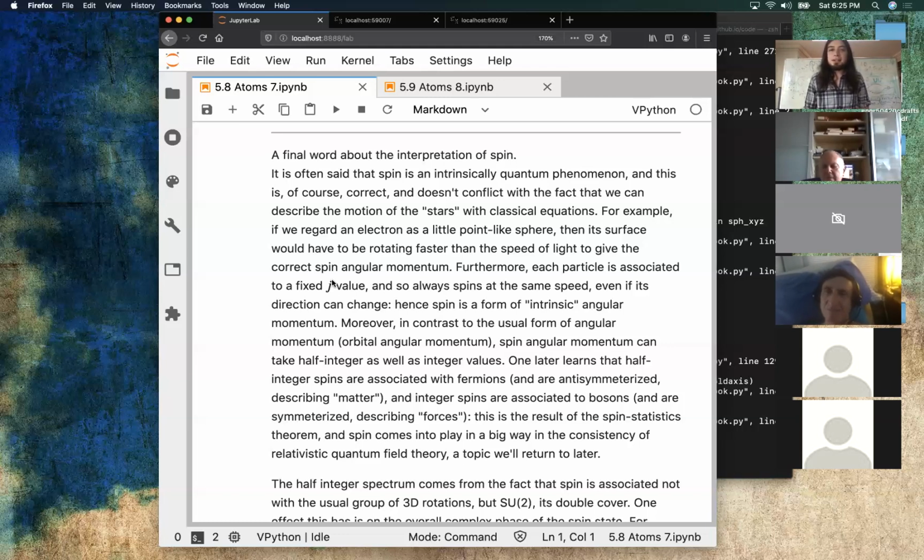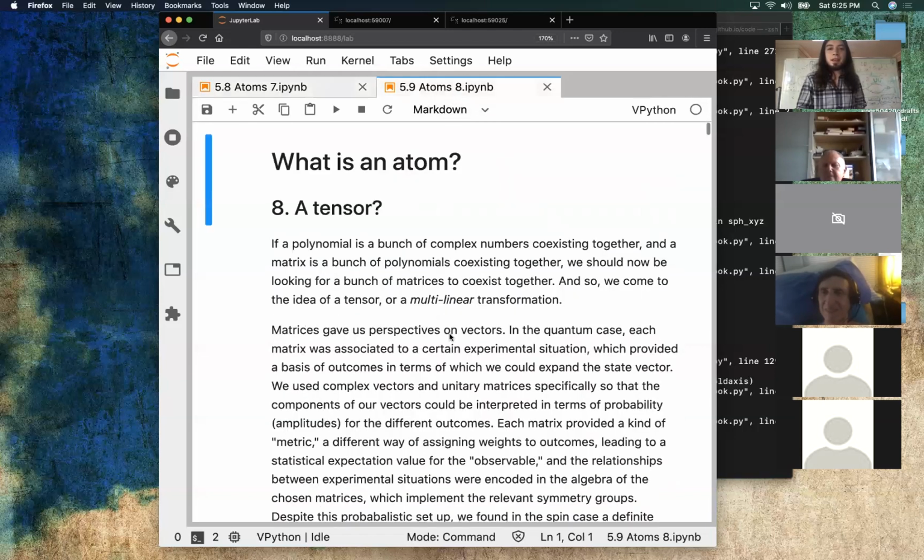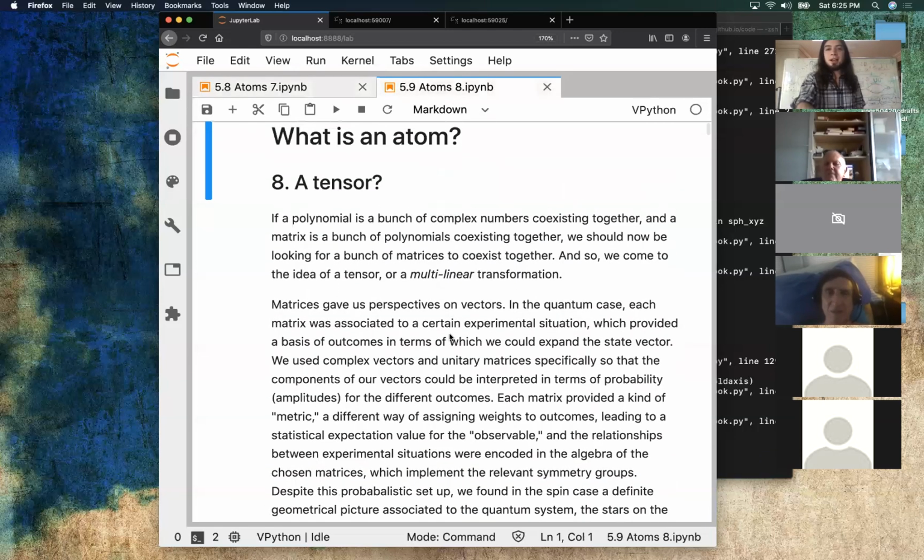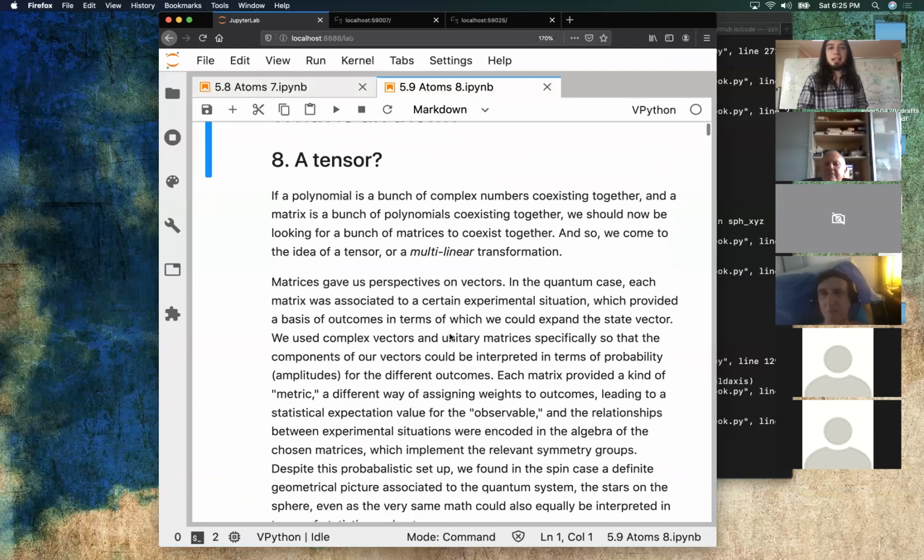And with that, Matthew, I think that maybe I personally might have had enough for today. Yeah, I was just thinking that feels like a good wrap up. So next time we'll pick up here at section 8, a tensor,